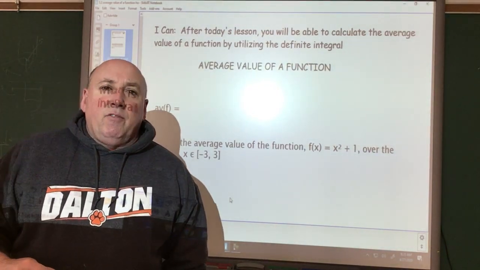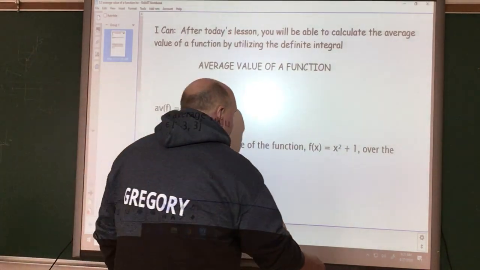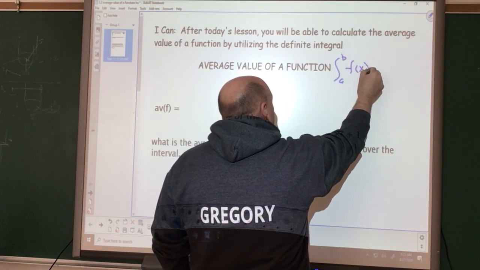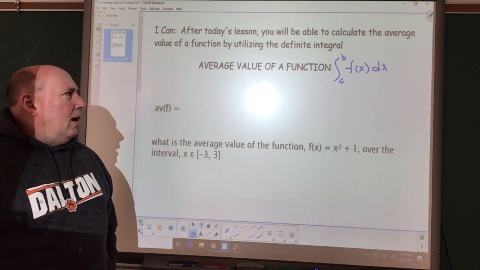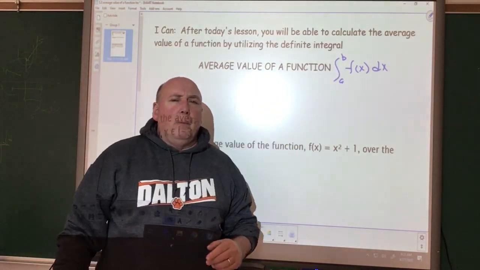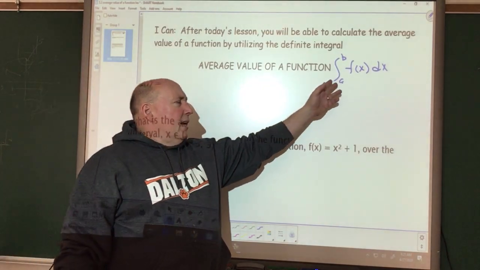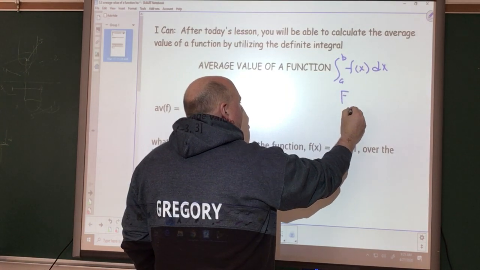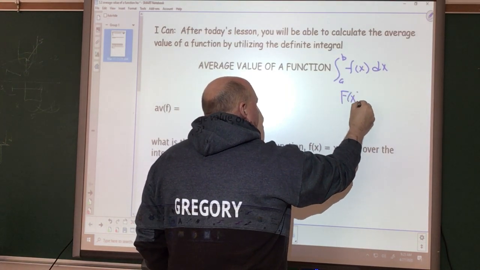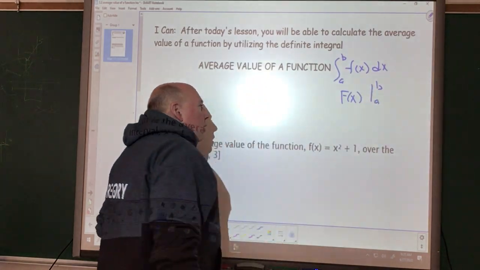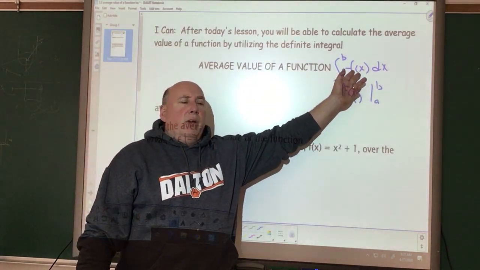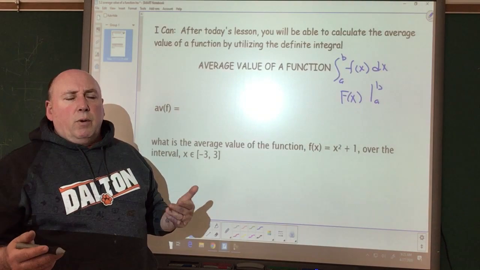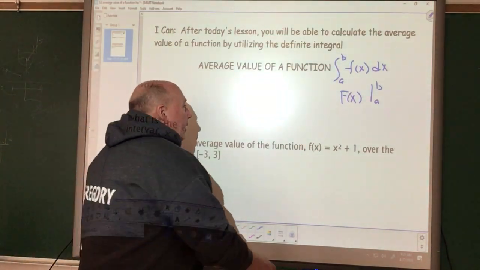On Friday, we talked about definite integrals, and just to review the idea of a definite integral, if we have limits of integration over an interval from a to b, we can find what is called a definite integral. And we can find this by taking the antiderivative of our function and evaluating it from a to b, where capital F of x is the antiderivative of little f of x. And once again, we have our exponent rules that we can utilize, or the ideas that we've talked about before. Then to calculate the value of this,